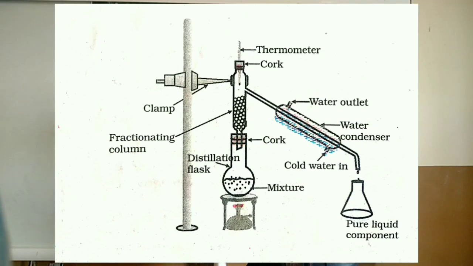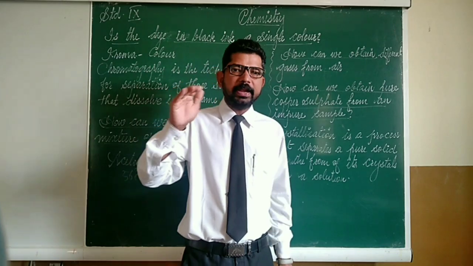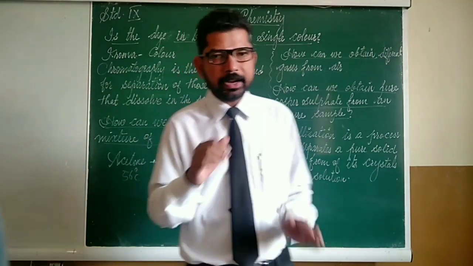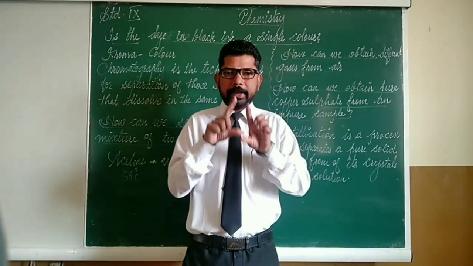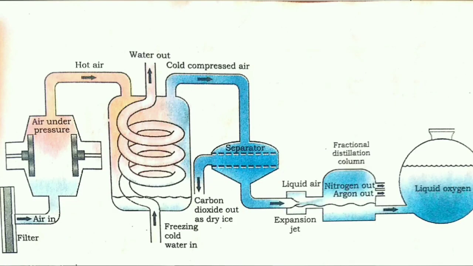So you have liquefied the air. After liquefaction of the air, we can adopt the method of fractional distillation. Then the different components of the air we can collect in different layers. Observe the diagram. A schematic diagram of the separation of the components of air is given there. Let us observe. It is given that first the air will be compressed.